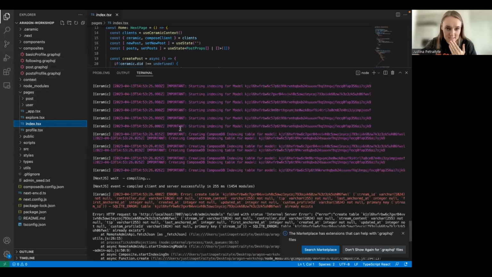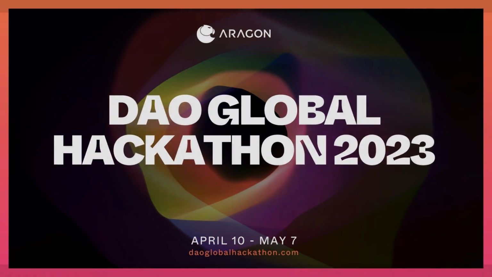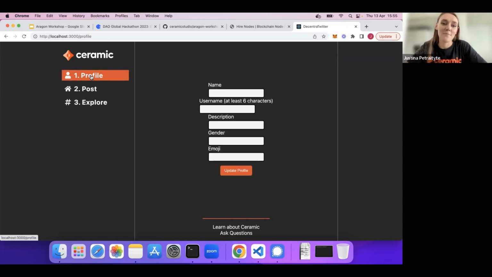Let me see. I wanted to try and run and open the app to show you. This is just a very quick view of the app. Again, it's very basic. This is just for developers to get a taste of how things look, how they work. So on this app, since I have that basic profile model, I'm able to create a simple profile. So I will very quickly do that.